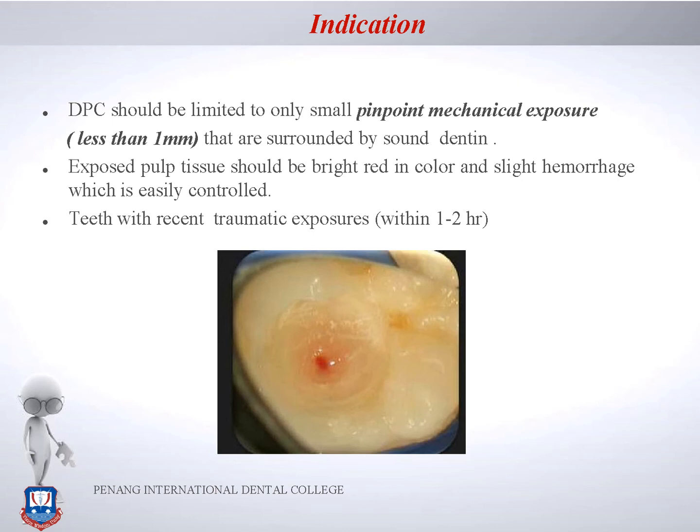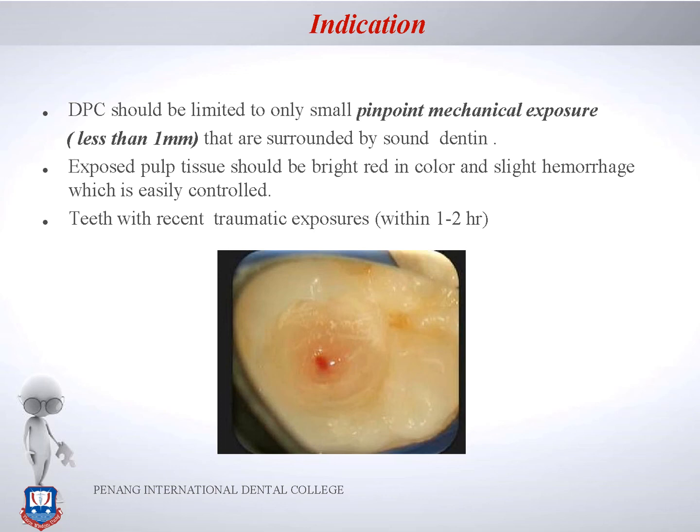But when I ask you this question in the exam, you must give me both options. So the recommendation is not to perform direct pulp capping, but it can be performed by using MTA, biodentine, and these materials are more biocompatible as compared to calcium hydroxide, which used to cause internal resorption in primary teeth. Alright, so let's get this clear.